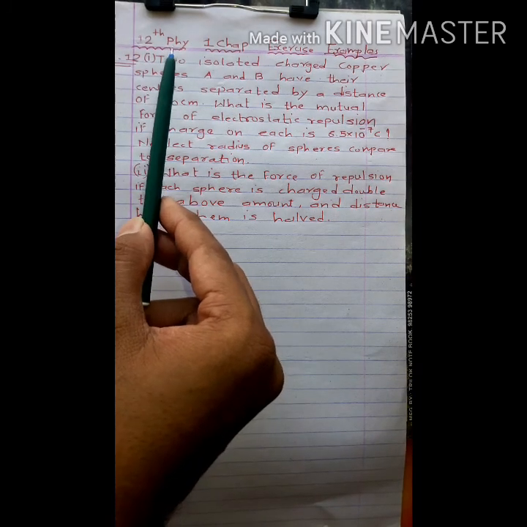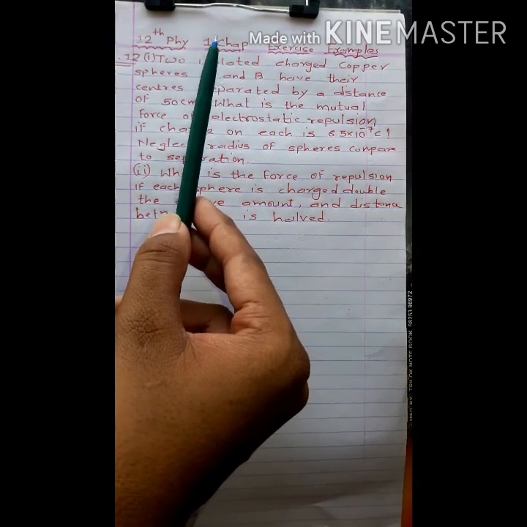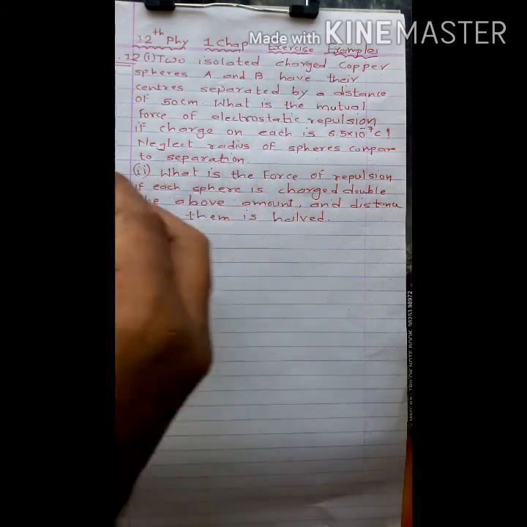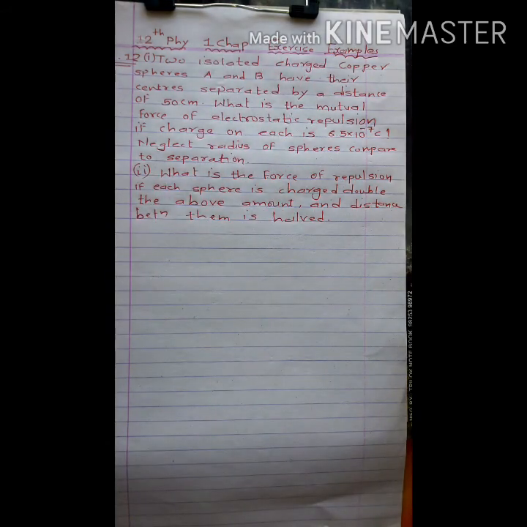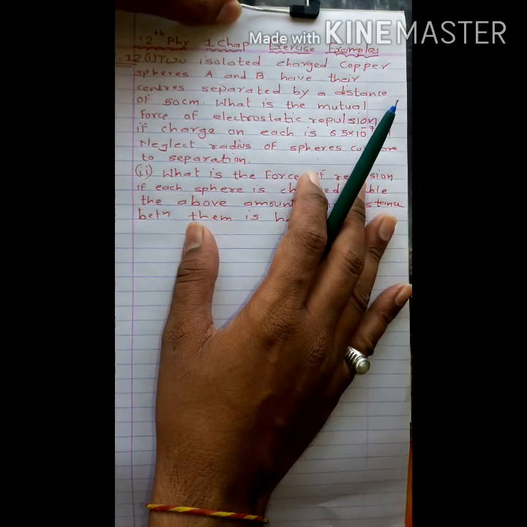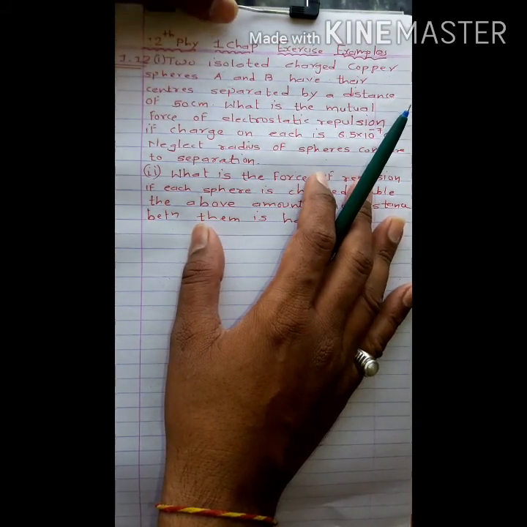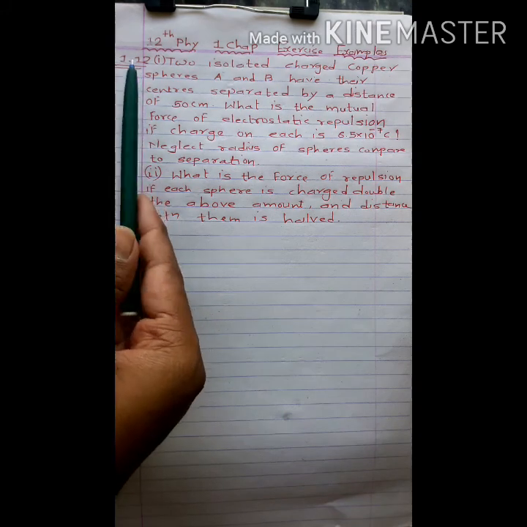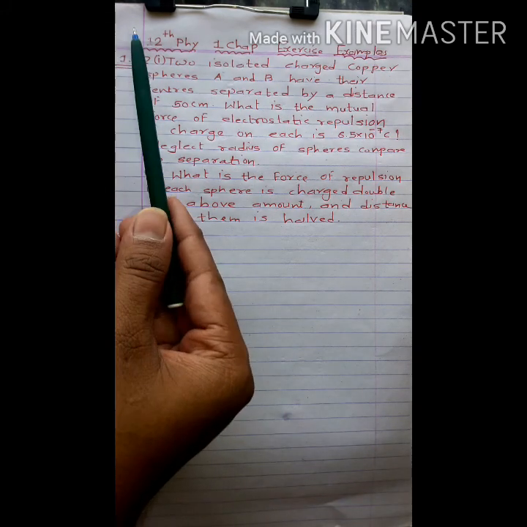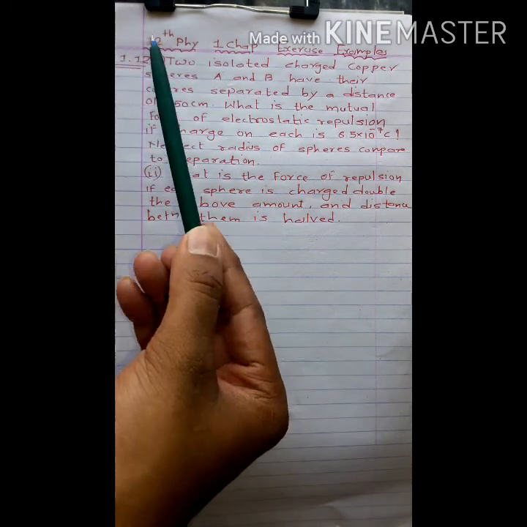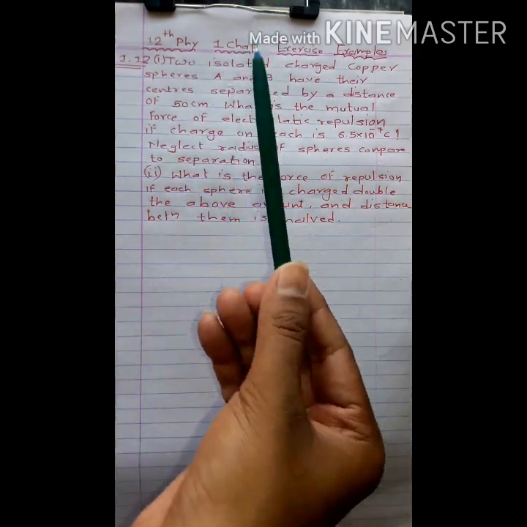Here we will discuss 12th Physics, chapter number 1, Electric Charges and Field, exercise example. In the last video, we discussed exercise example numbers 1.1 to 1.11. Now, in this video, we are going to explain example number 1.12. This is a simple example. Try to understand first of all the question of this example.